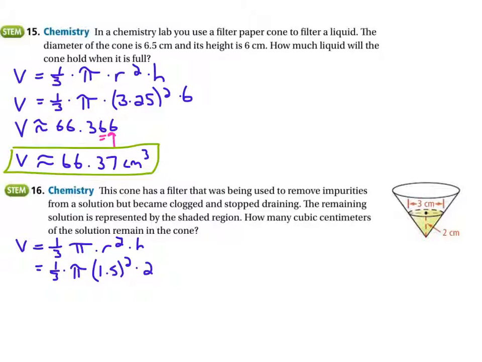Do 1.5 squared times 2 divided by 3, and then times pi. It doesn't matter what order you do multiplication in, because there's the commutative property of multiplication that says you can rearrange the numbers. Then we get the volume is approximately equal to